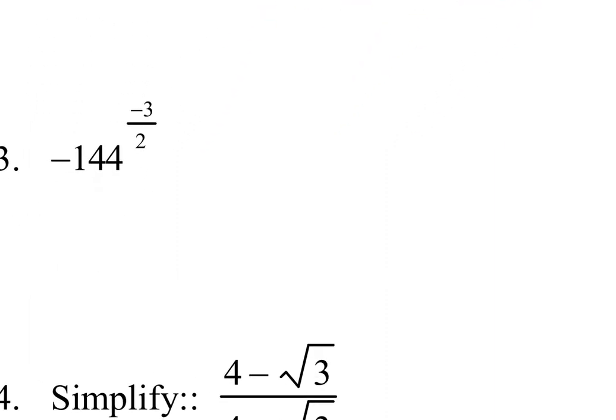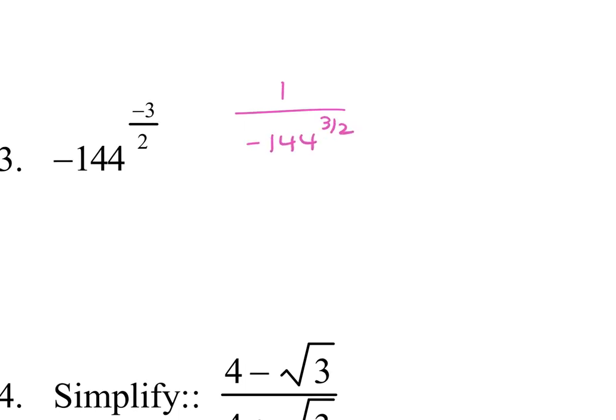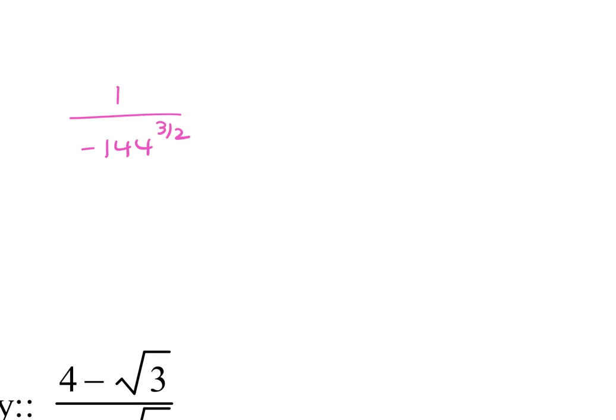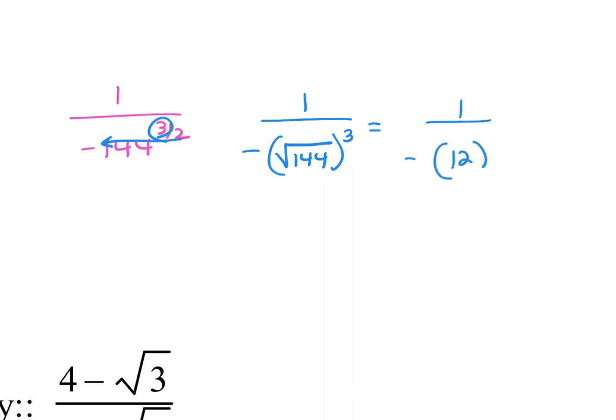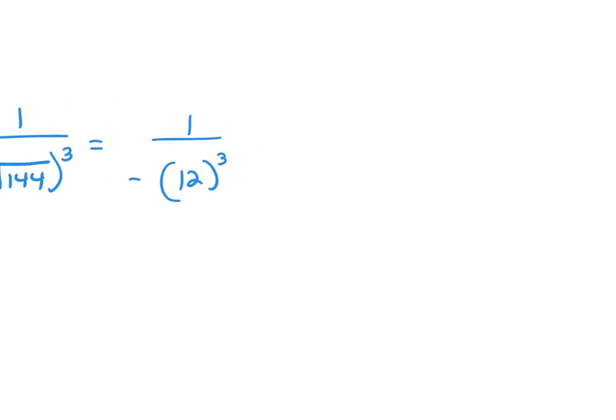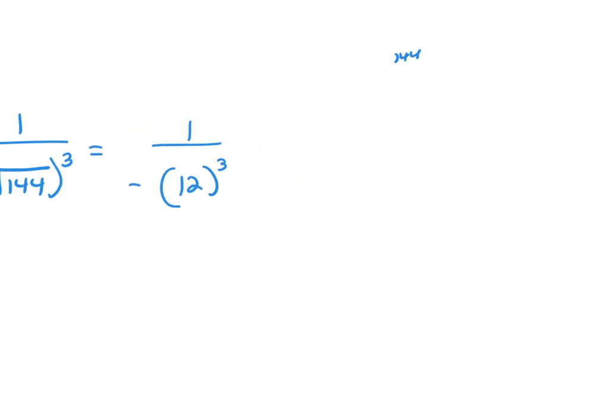13 has a negative exponent. So I'm going to make this 1 over negative 144 to the 3 halves. Now the negative on the 144 is not in parentheses, so it's going to stay out front. The 2 is going to slide over to become the square root of 144, and the exponent's going to drop down. The square root of 144 is 12, and then 12 to the third would be 144 times 12,